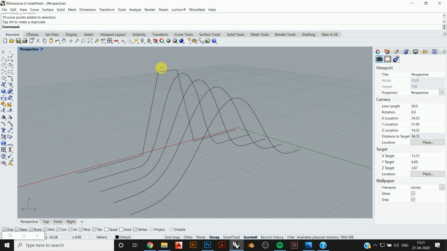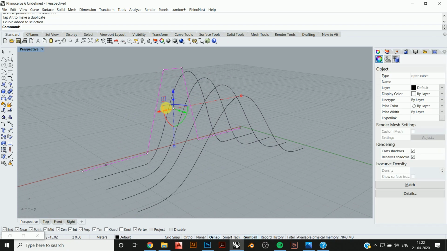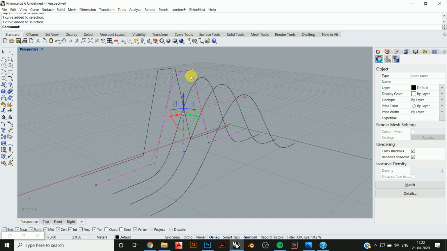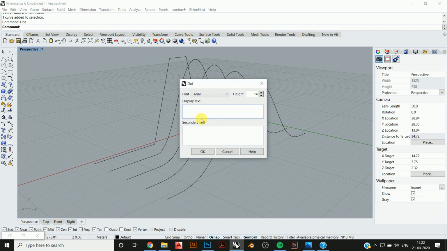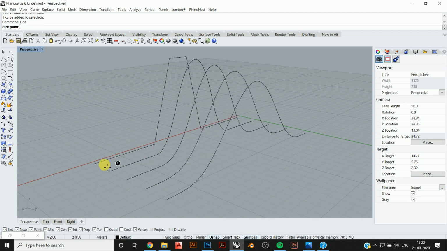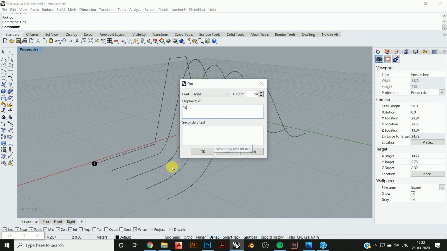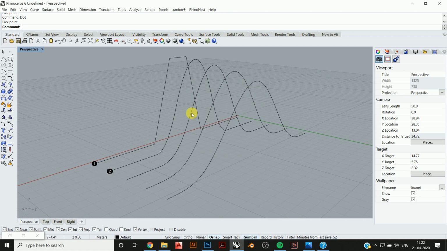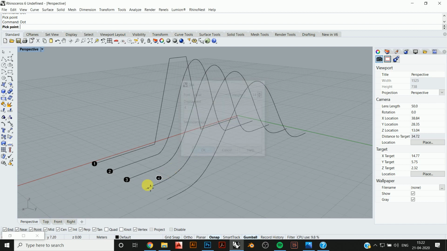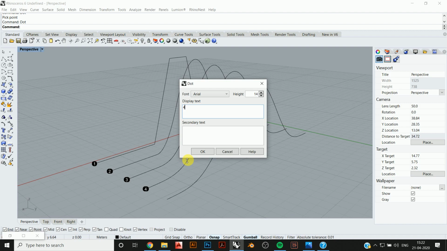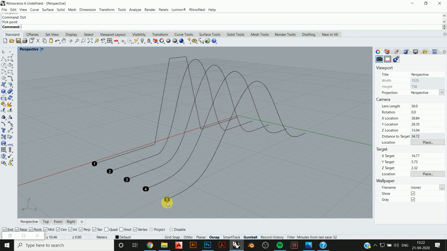Here we got a curve with degree 1 and this curve with degree 2. Let me indicate that with a dot. This is degree 1, degree 2, degree 4, and this is degree 5.